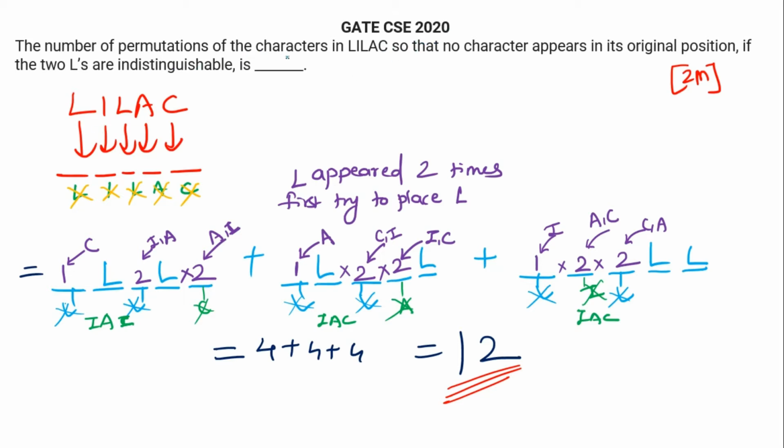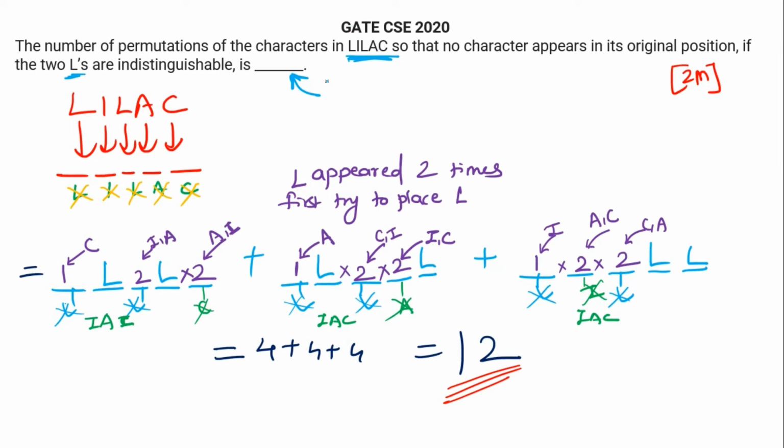The number of permutations of the characters in LILAC so that no character appears in its original position, if the two L's are indistinguishable, is what we have to find. It's given that we don't have to place any character on its original position, and that you are not separating your L's. Both L's are counted as different characters, but we are just not making any different kind of arrangement for the two L's. So the possible ways will be